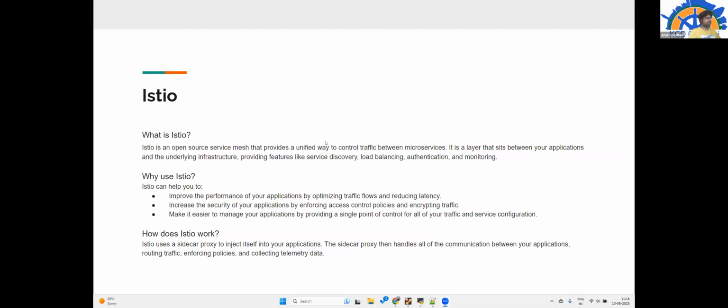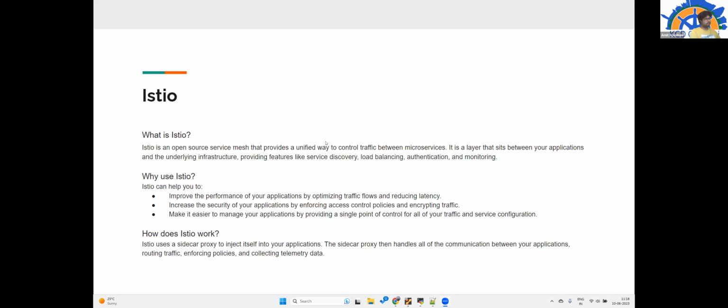Now we are going to discuss Istio, which is an open source implementation of the service mesh. This project was started by Google, IBM, and Lyft, and they contributed it to the open source community.